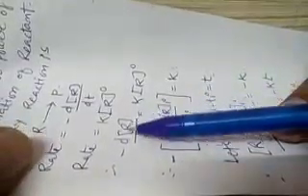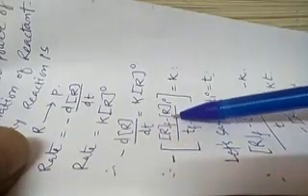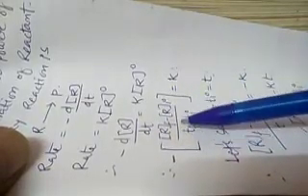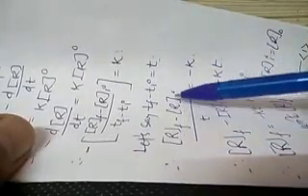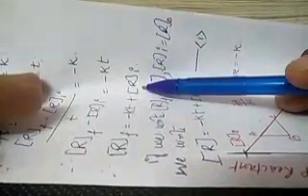Now what is d[R]? That is delta [R], that means concentration of R final minus concentration of R initial, divided by time final minus time initial, is equal to k. Let us say t final minus t initial is equal to t. So we can write R final minus R initial divided by t is equal to minus k. We just took this minus sign to the right side. So R final minus R initial is equal to minus kt. Therefore R final is equal to minus kt plus R initial.